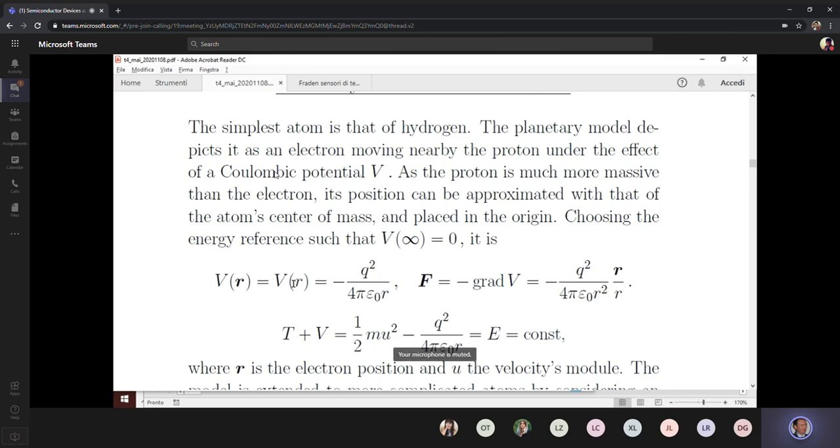The total energy is E and is a constant of motion, it does not depend